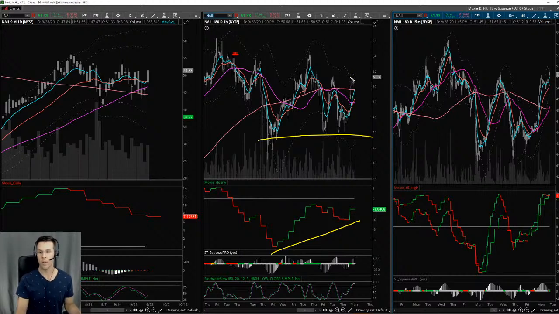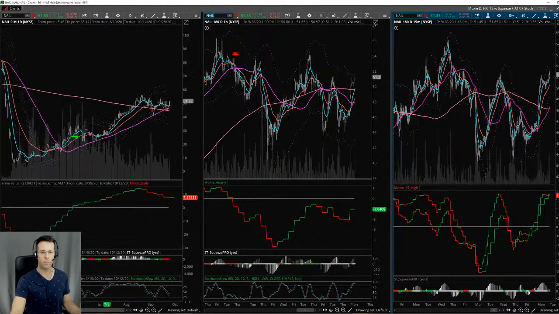I personally don't like to go long when the hourly 50 is still down there, because on this time frame, in order for me to know if I'm right or wrong, I have to let price meet the hourly 50. If it breaks below the hourly 50, then I'm wrong and I've got to get out. If I'm right, then price should bounce off the hourly 50, but it's a big distance like that. That's what I look at to figure out where we're going to go. But overall, the daily chart is looking fairly good.